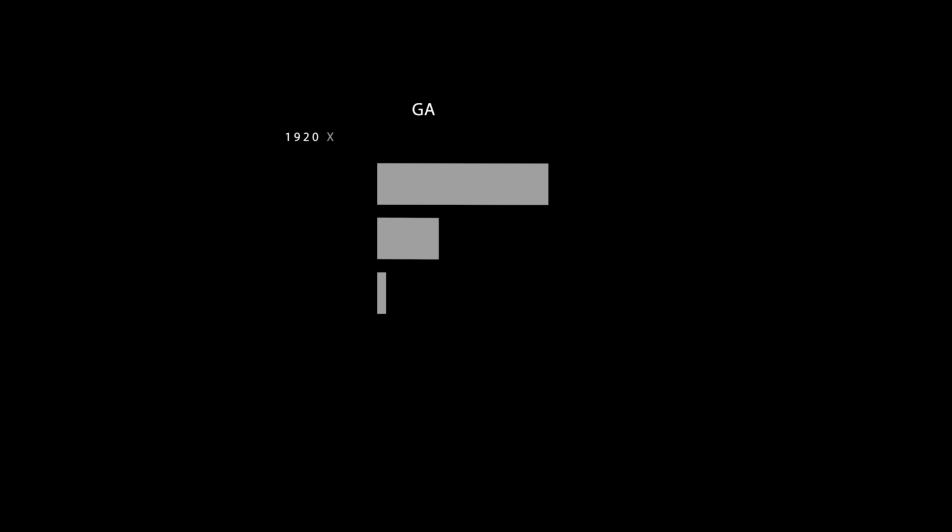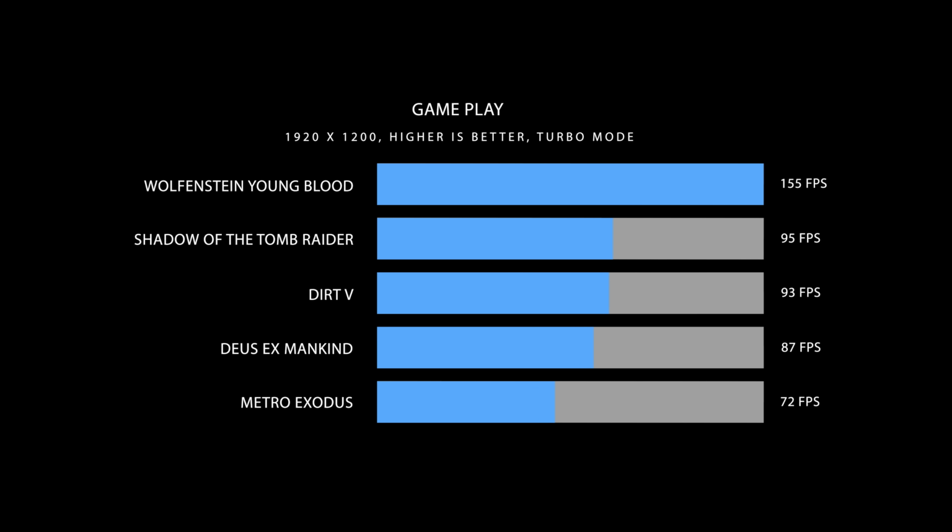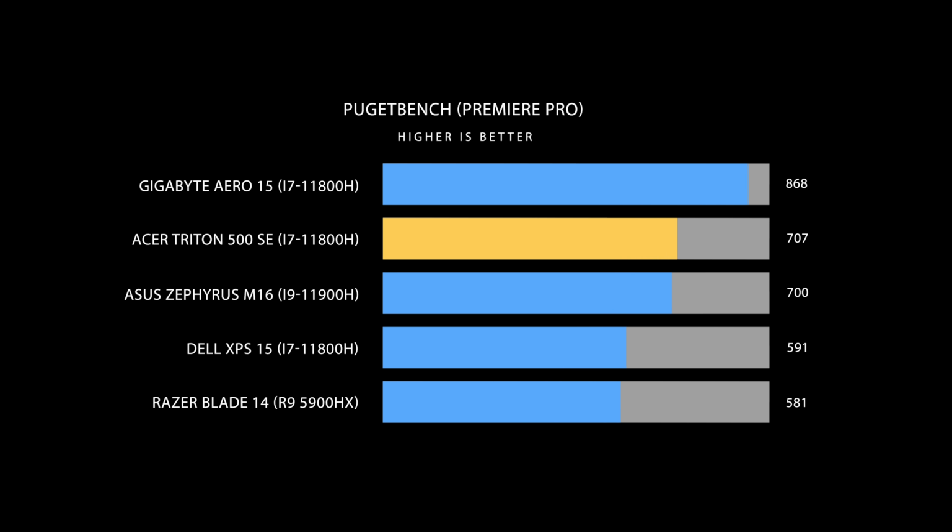But here's the thing, if you're gaming at 1920 by 1200, this beats out the Legion Slim 7 and the Zephyrus M16 in terms of gaming performance, and usually by a lot. The only area that it completely ties those laptops is when it comes to QHD gaming. This is also a fantastic laptop for content creation. And if you're running Adobe Premiere Pro or any of the apps in the Adobe suite, you're gonna get fantastic